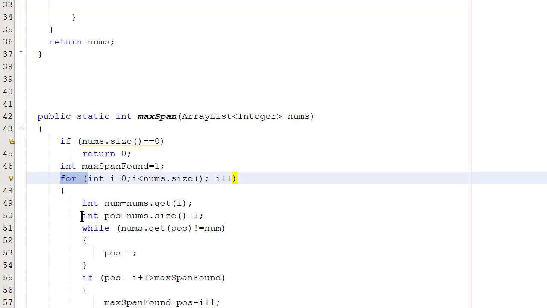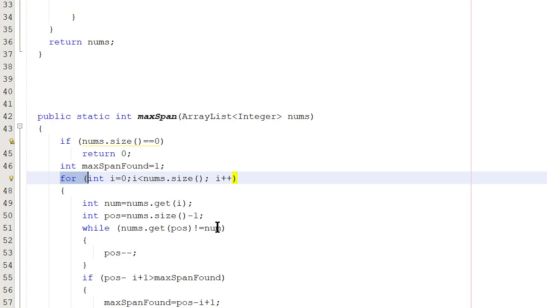Then it creates this variable called position, sets it equal to the last element in the ArrayList, which would be in position size minus 1, and then it says, okay, while nums.get(position) is not equal to num, position minus minus. So basically this starts at the end and searches backwards until